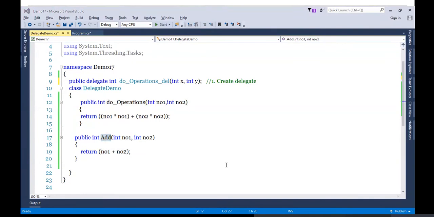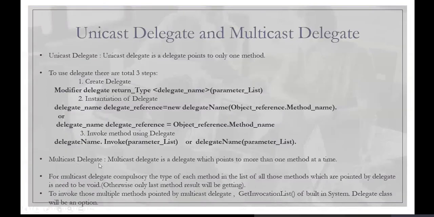This is unicast. And what is multicast then? A multicast delegate is a delegate which points to more than one method at a time. It means a single delegate reference will hold the references of multiple methods.